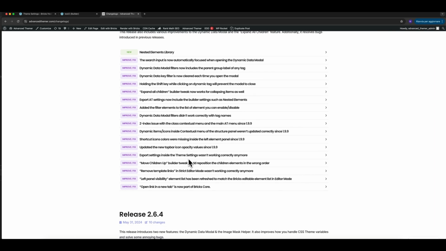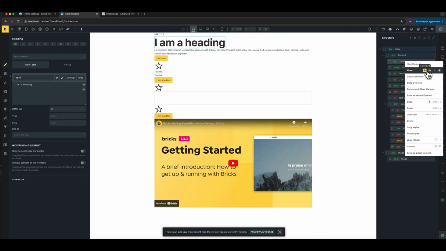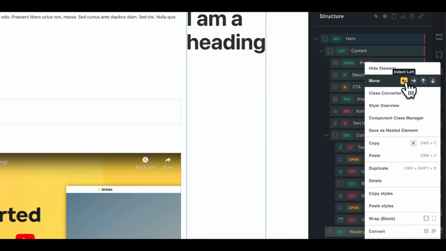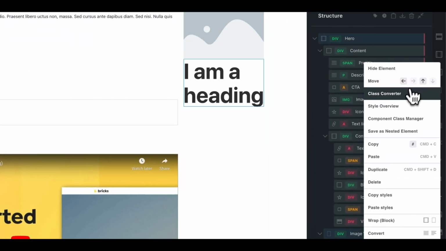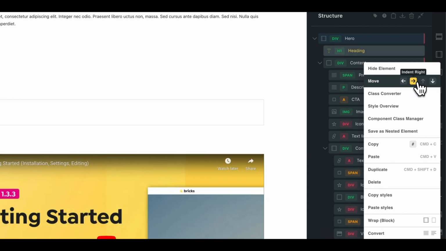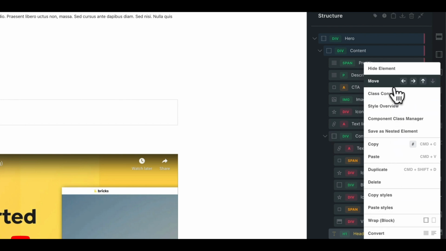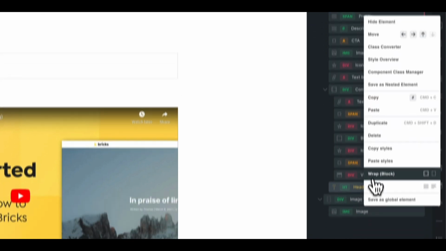Let's see if there is something. Yeah, the move children feature has been improved for performance. Now you can move things without any glitch. Before there were some glitches, but you can now just click on them and you see it's really super reactive. So the move function changed, but also the delete